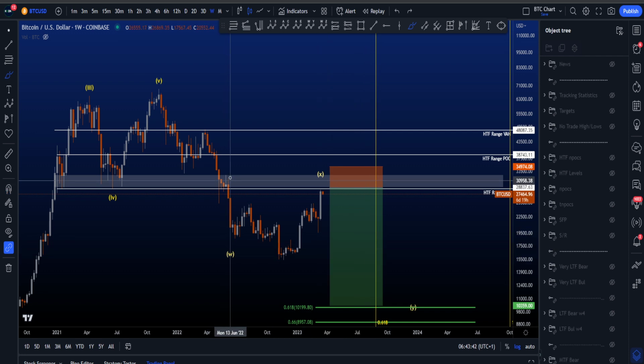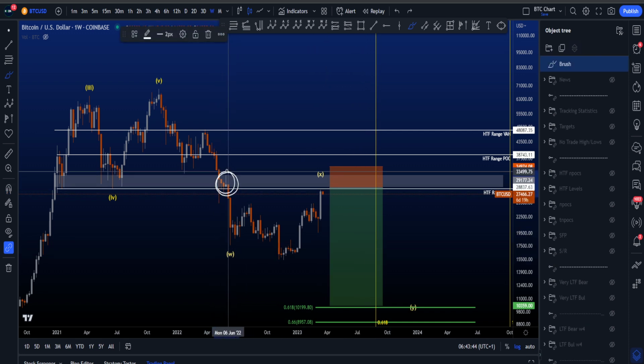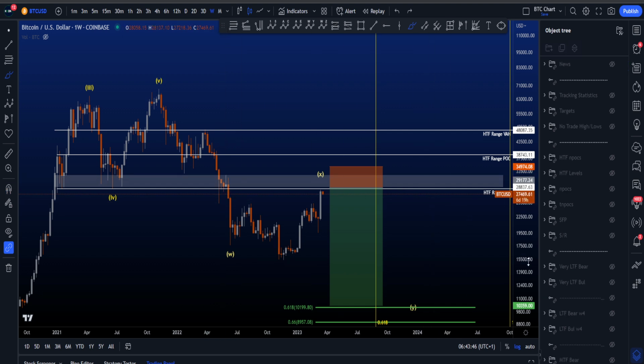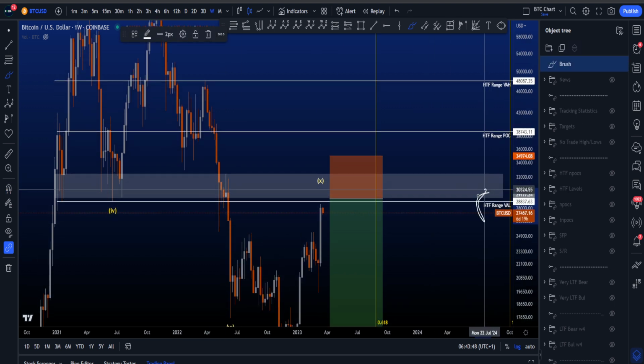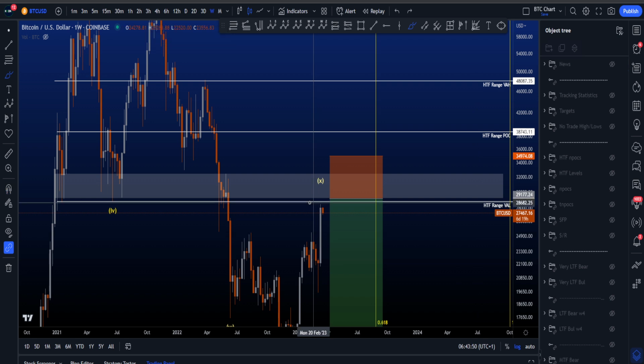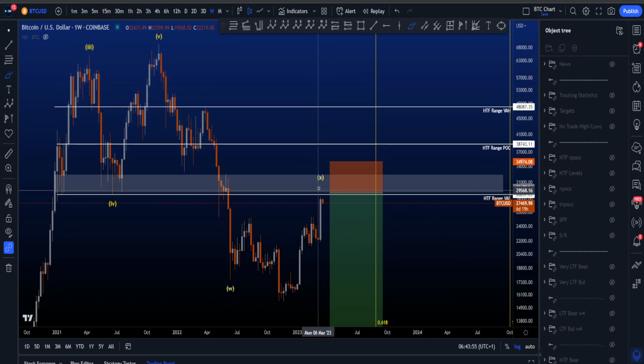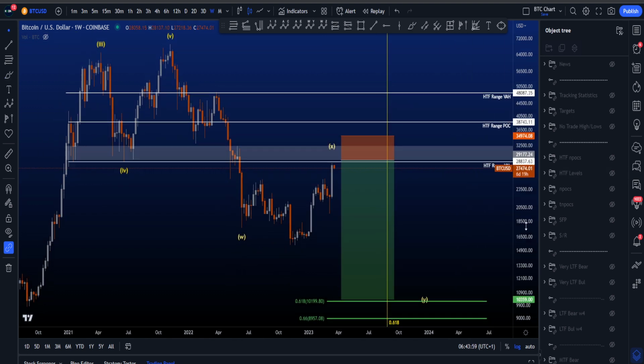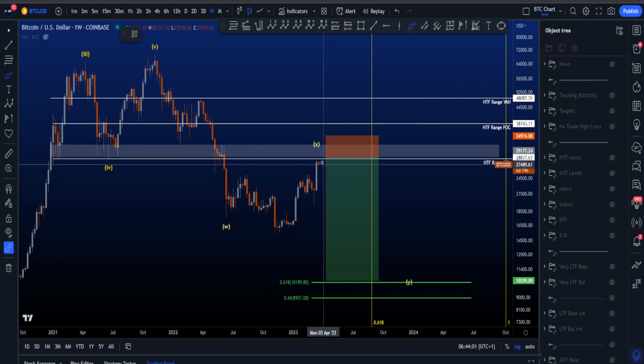We also got a little bit of a weekly order block over here, which is the gray candle. We also have the high time frame range value area low that we didn't hit just yet, but also that is about 28.8k. So this level between 28.8k and 32, basically 33k, is very, very important for this scenario,